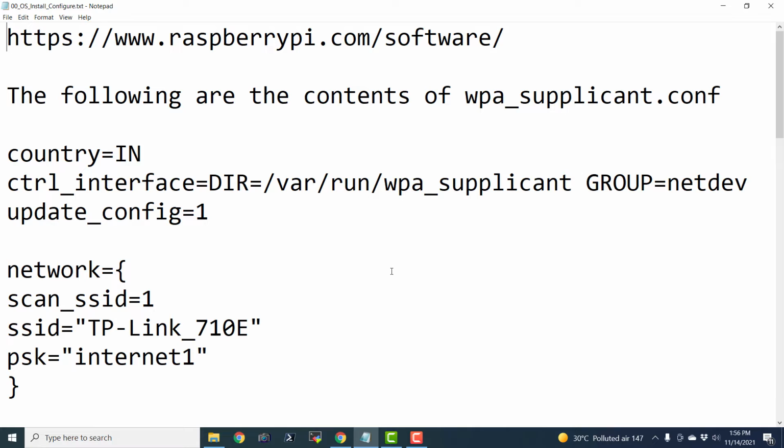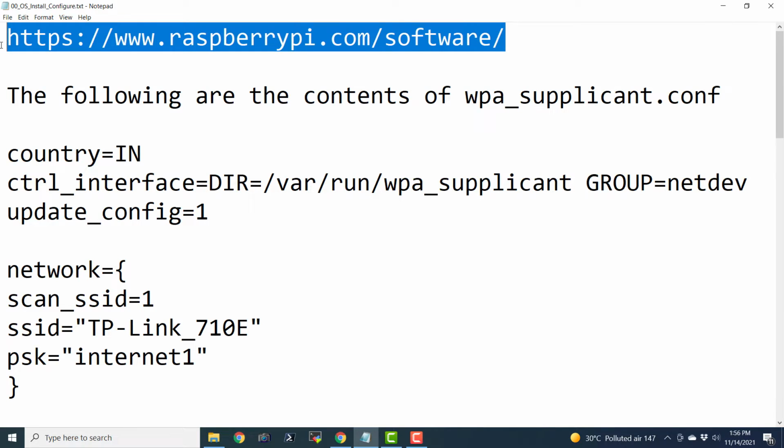So the very first thing that we need is Raspberry Pi Imager software, and for that, we need to visit this URL. By the way, this document has got all the steps that I'm going to explain in this video. In case you want to have access to this document, just check the description section of this video lecture and you will find the URL to the GitHub repository for this document. So let us get started.